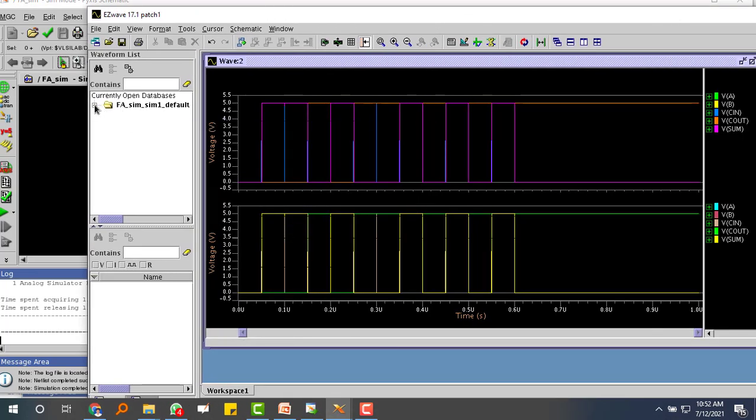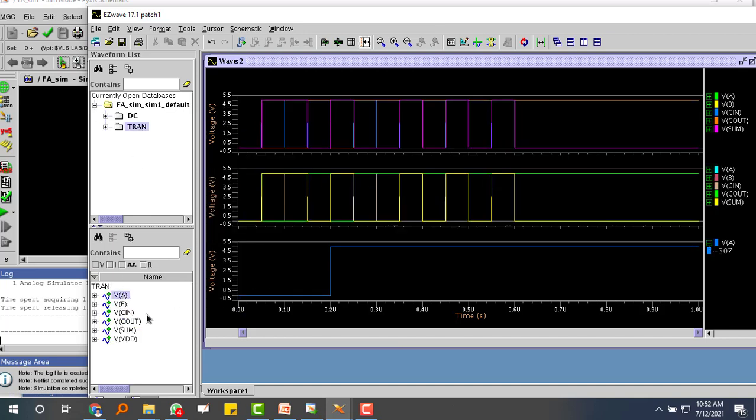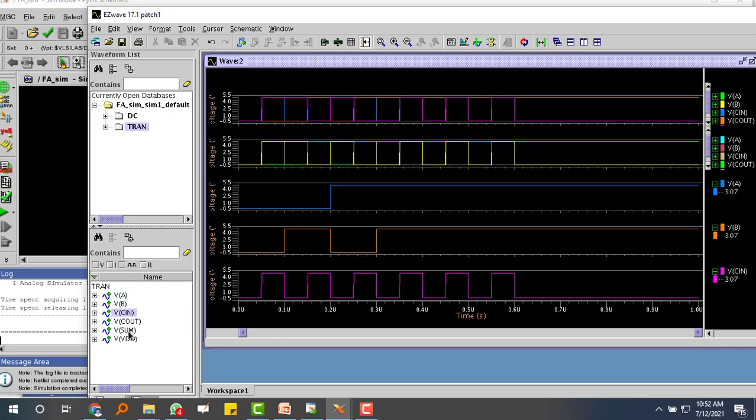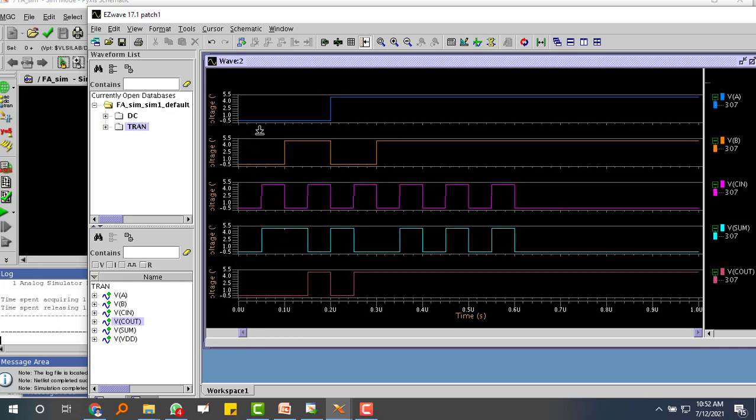If you see the waveforms: 0 0 0, sum 0, carry 0; 0 0 1, sum 1, carry 0; 0 1 0, sum 1, carry 0; 0 1 1, sum 0, carry 1; 1 0 0, sum 1, carry 0; 1 0 1, sum 0, carry 1; 1 1 0, sum 0, carry 1; 1 1 1, sum 1, carry 1.